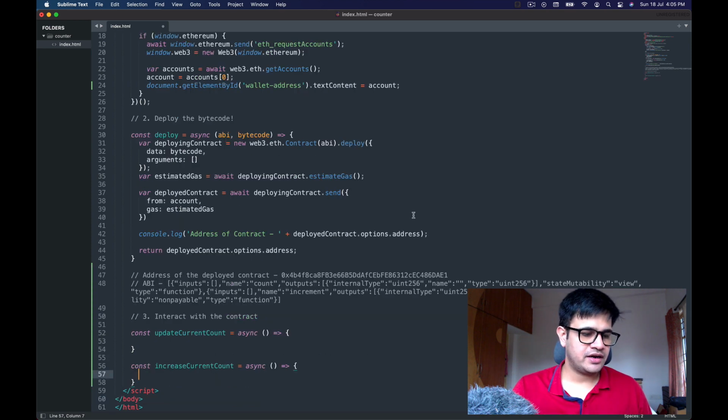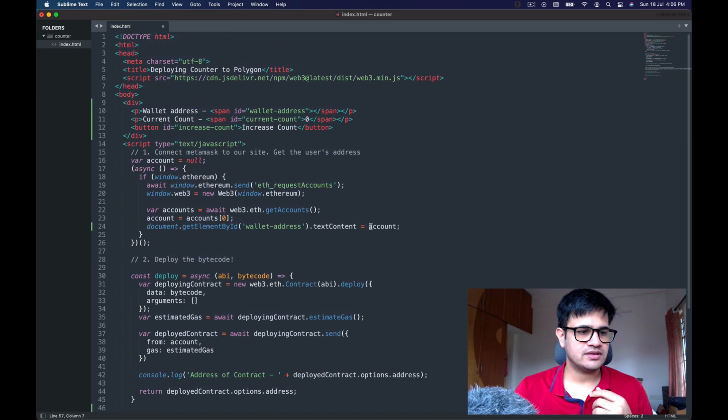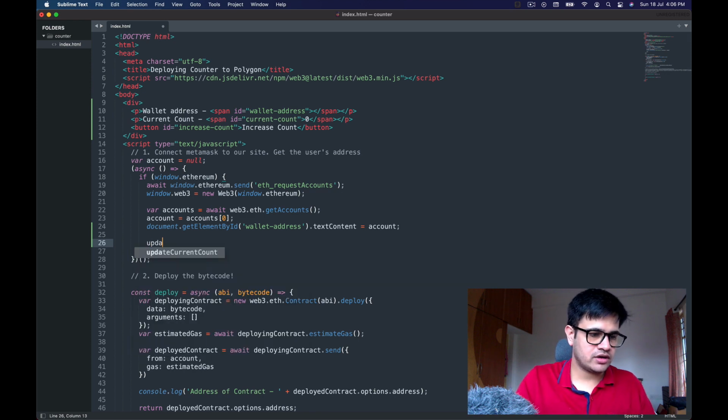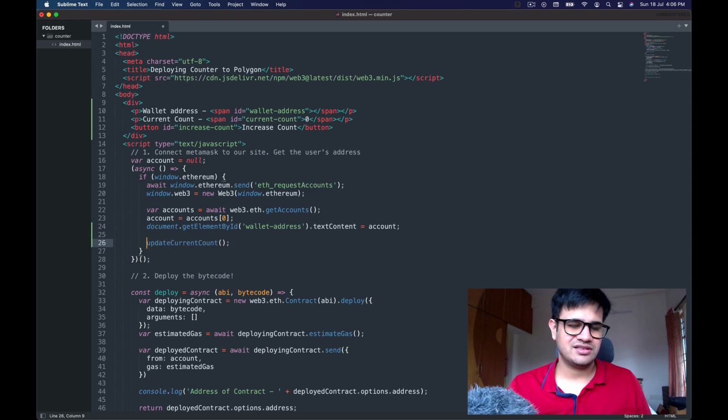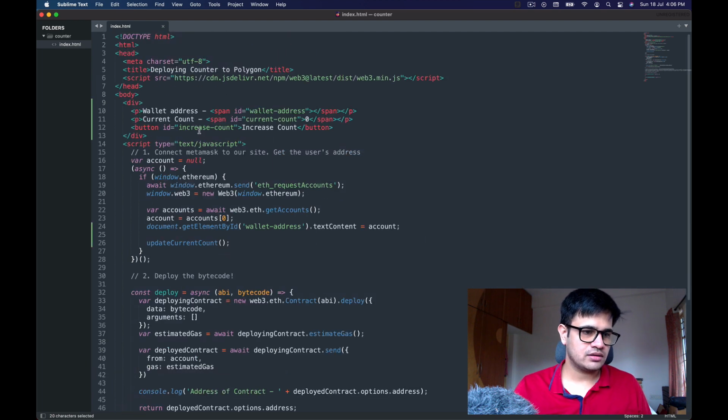I've gone ahead and created a couple of functions: update current count and increase current count. Update current count will update the value of current count over here. So ideally, after getting the connection made with MetaMask, we should update the current count, so I call update current count over here. I can also await this because it will be an async function, but it's not necessary, we are not dependent on it. Increase current count will be called whenever we click this button.